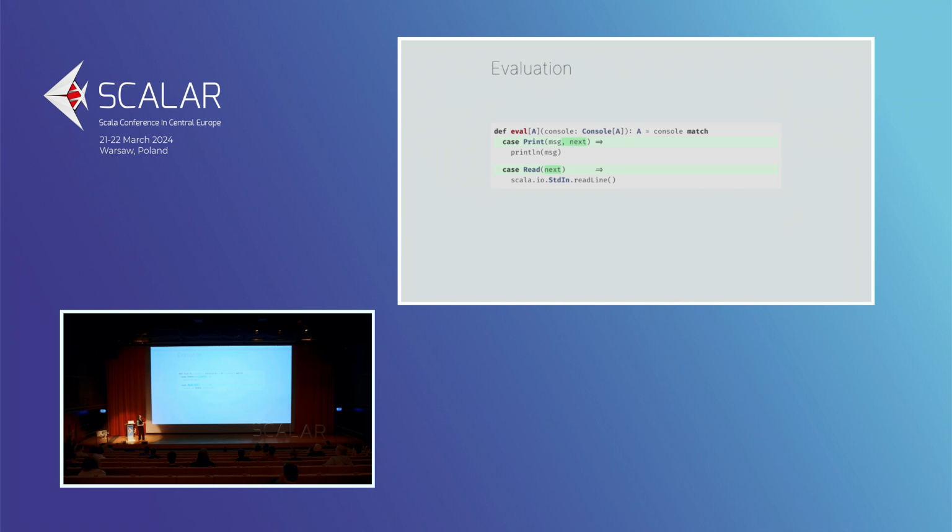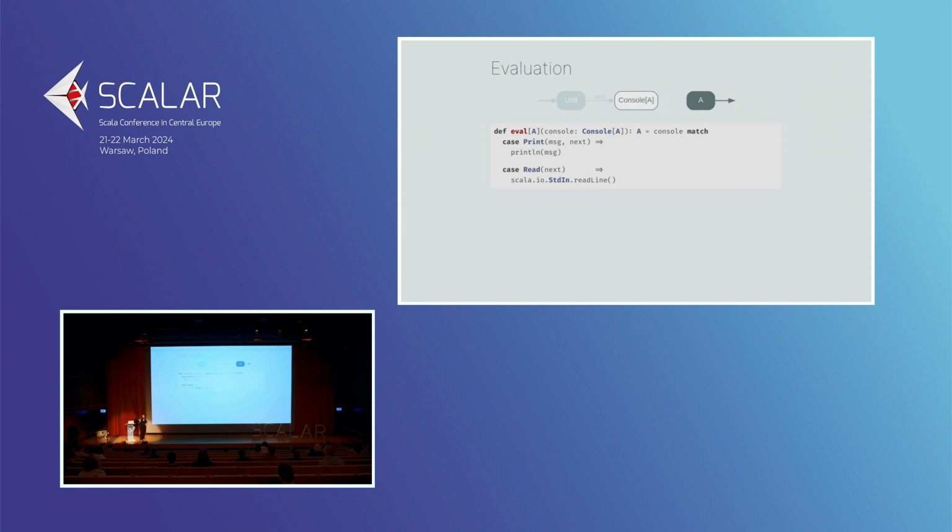We start from the type that we have here with print line returning unit. So we go from unit, and we want to get to an A, the return type of the function. And then we just try to go from one to the other. So what do we have? Well, we have next, don't we? Which takes us to a console of A. And now we need to go from a console of A to an A. Can anybody see what function we could use for that?